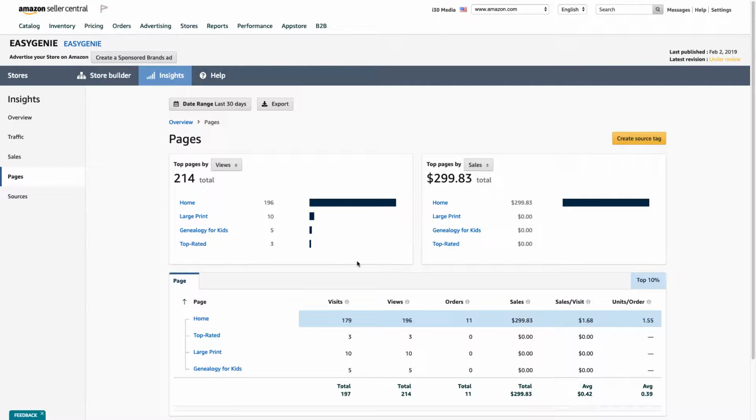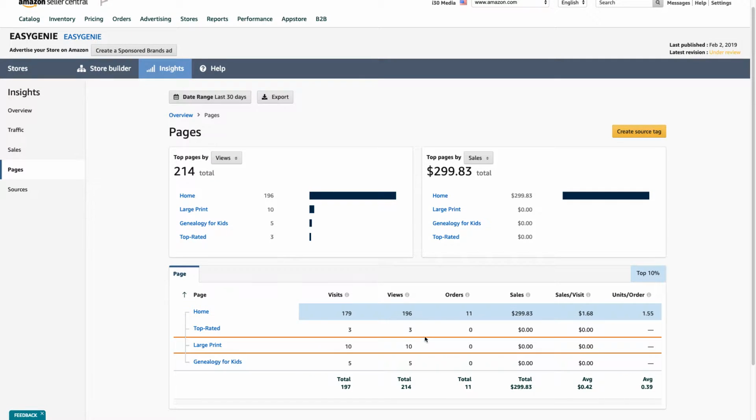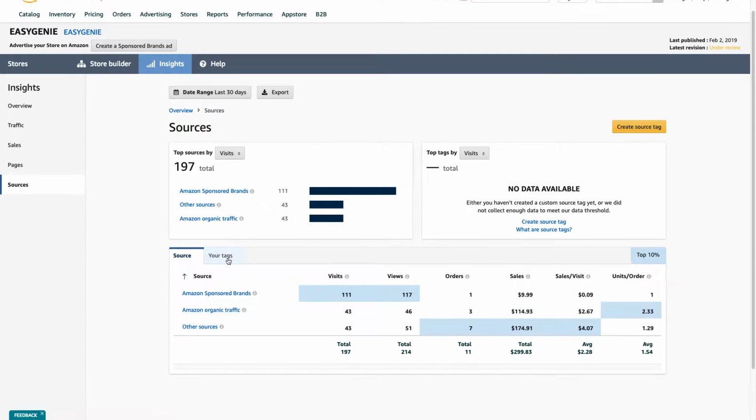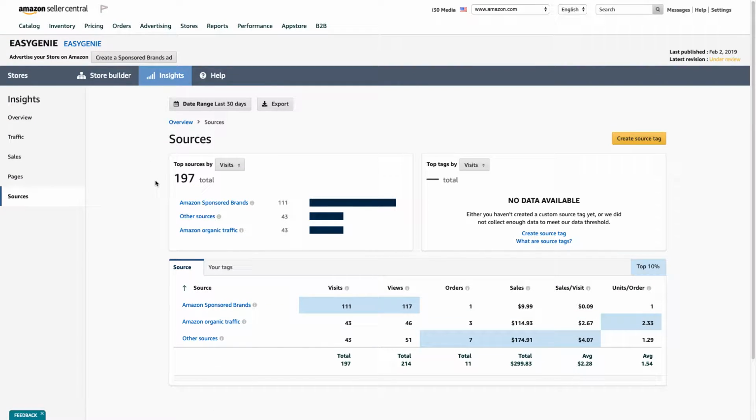Pages, I think I just talked about that. 214 pages in the past month. Most of them are to the home. There's some other data over here. And then sources, which doesn't really explain it that well. But this data can really give you some insight. So just by visiting this particular dashboard here,